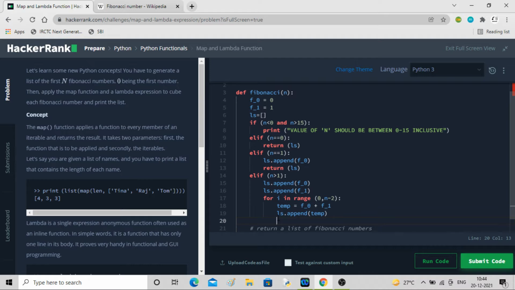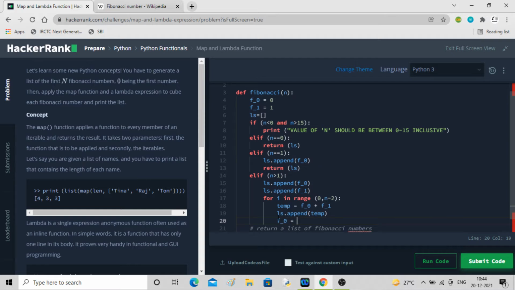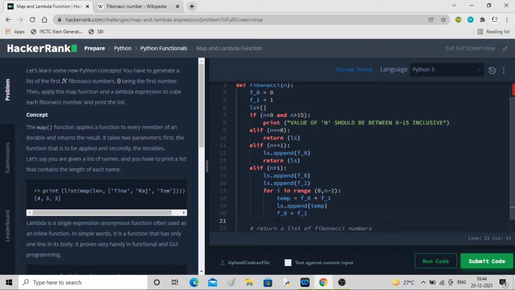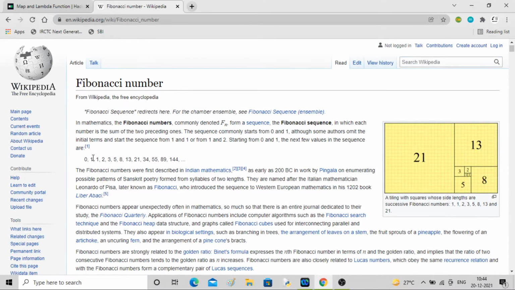So f0 equal to f1, and f1 will be given the temp value. So I'm just giving the current values to the previous ones.